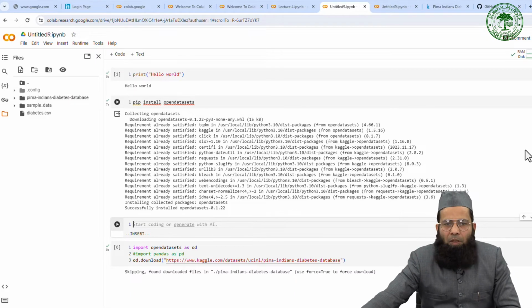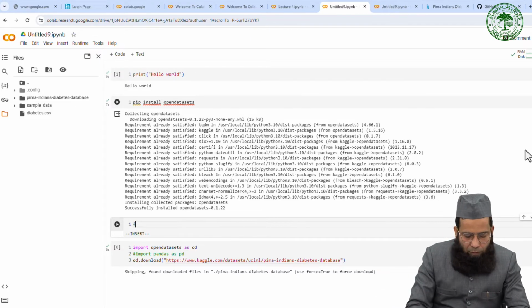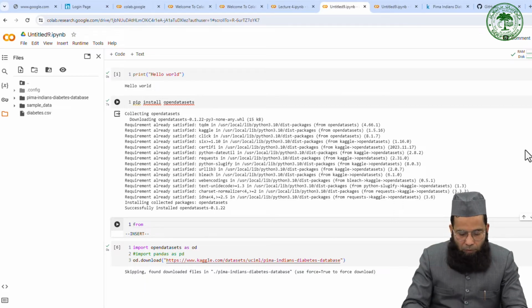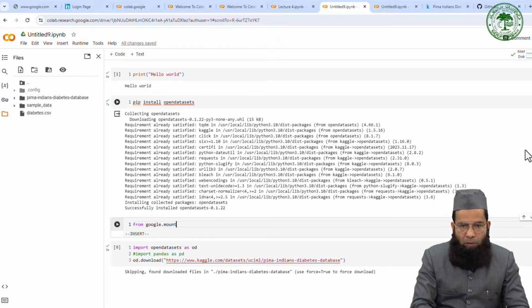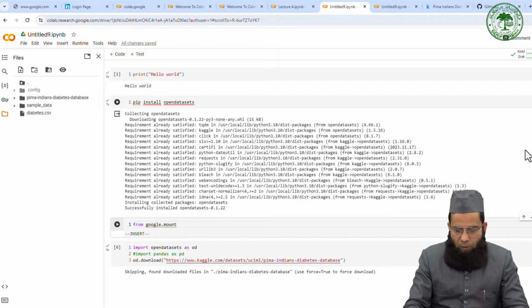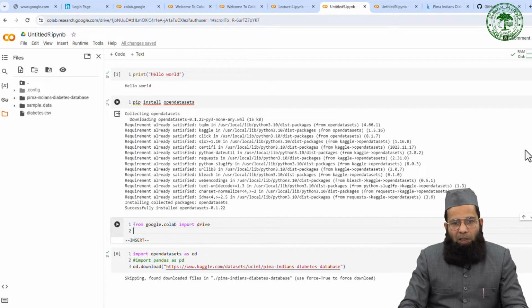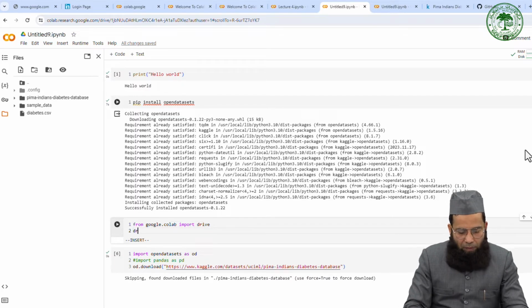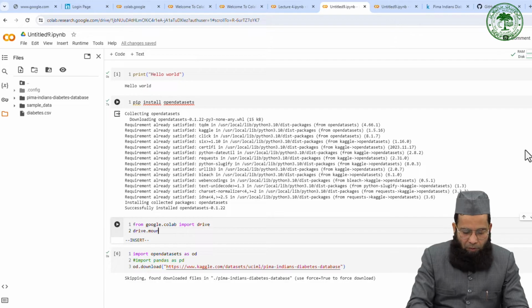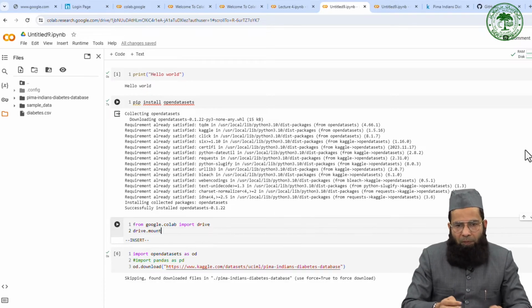What you will do, you will write Python code, and that is from google.colab import drive, right? Import drive. And here you will actually mount, drive.mount,